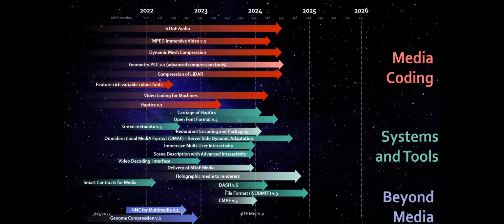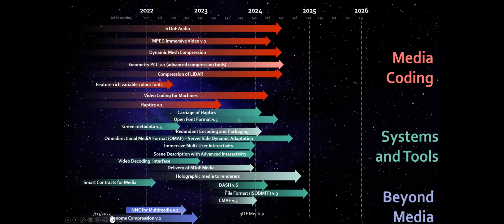And you will find here a list and a roadmap of what's happening. I'm going to skip the details. You can digest it for yourself. It's also part of the MPEG webpage. But there are topics around media coding, such as audio and video, immersive video, mesh compression, point cloud compression. There are basically also tools that look at the integration and so on and so on. So it's just giving you an overview of many components being developed.